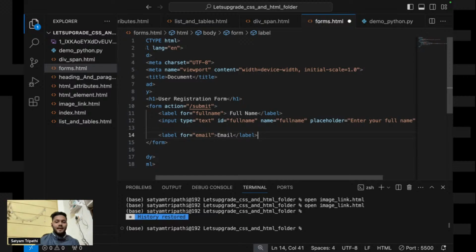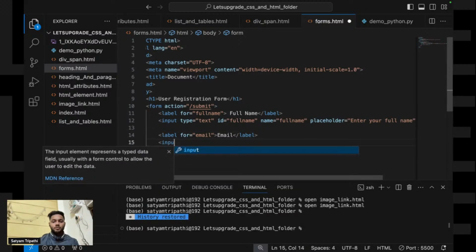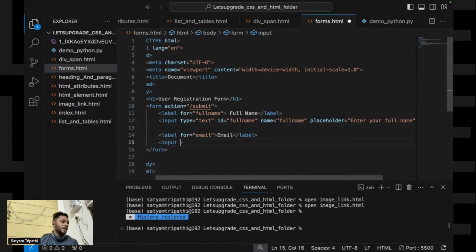So label, and let us say I'll write an input for it. Input I'll write. So let us say a type I'll mention over here. The type is going to be email, and after that we'll do id equal to email, right? And name, that is again going to be email, and after that placeholder we'll write